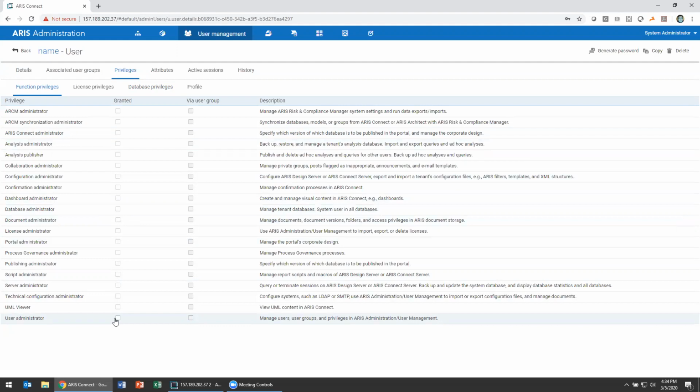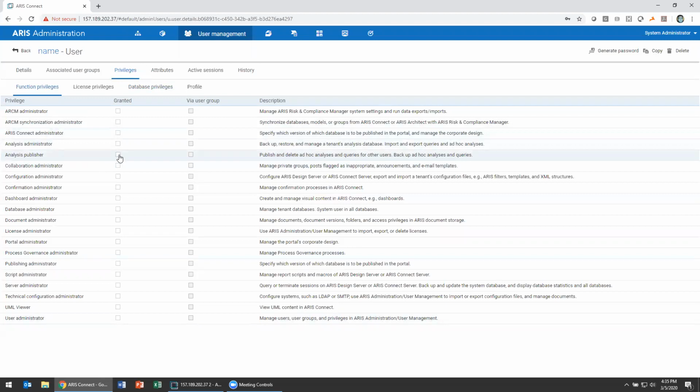However, an important caveat is user administrators can only allocate the privileges up to their permissions level, meaning your domain architects can't over-assign privileges, only up to their own level. So you can give domain architects full user administration control. They can only create users that have a subset of their own permissions, as well as people like analysis publishers,